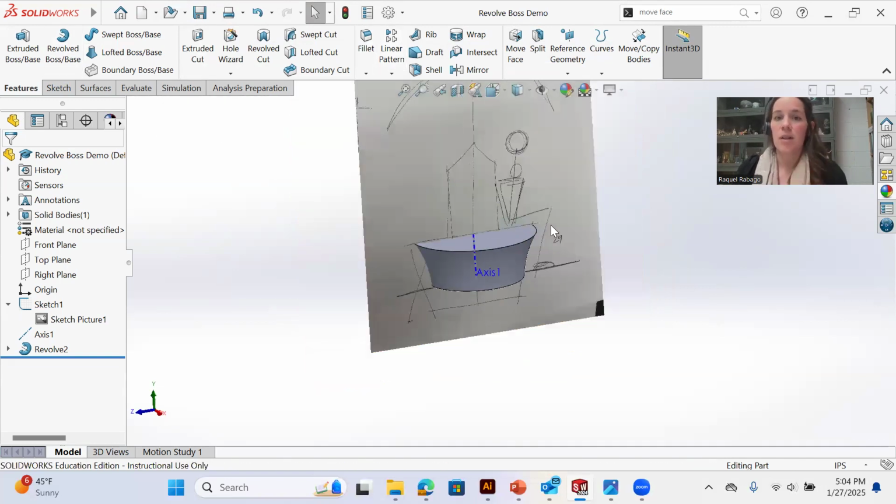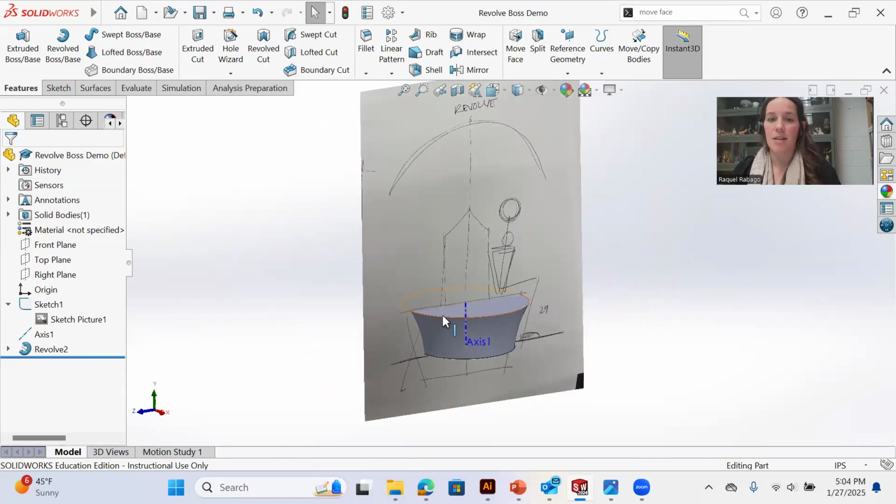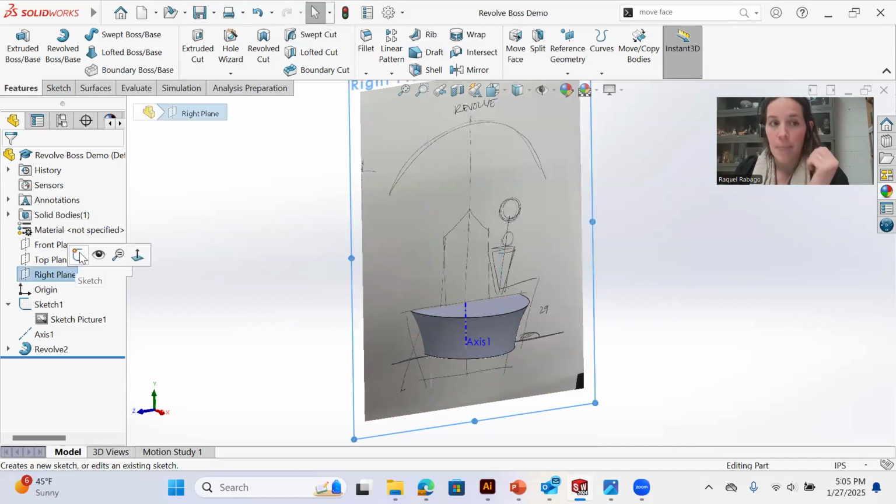All right, so we're not going to add any of those features yet. Similar, it looks like I need a backrest or something here. So I'm going to make that another revolve feature. You certainly could build it as a single revolve, the top and the bottom piece here. But a lot of times I want a little more flexibility. I want to be able to push and pull things. So if I can break it down to a couple simple elements, especially for these early concepts, I